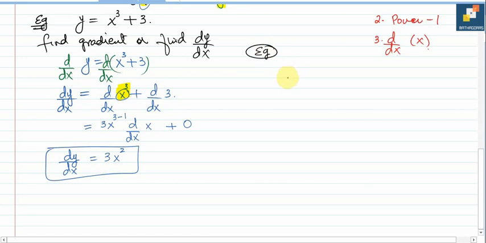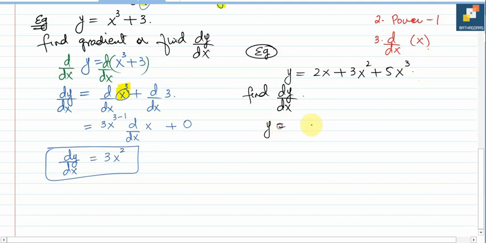Alright, let's suppose this time I am saying that y equals 2x plus 3x square plus 5x cube. Alright, this question. So I hope that this question might clear most of your queries, inshallah. Alright, so we need to differentiate the function, or it says find dy by dx. That is your question. Alright, at first I will write the equation that y equals 2x plus 3x